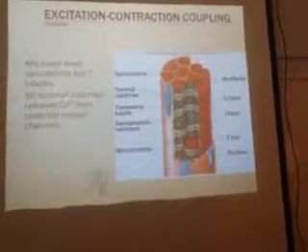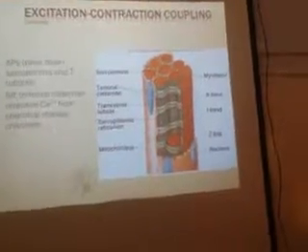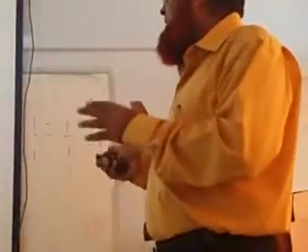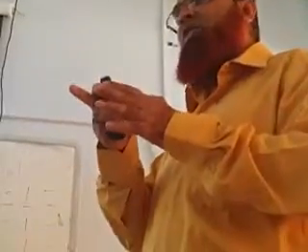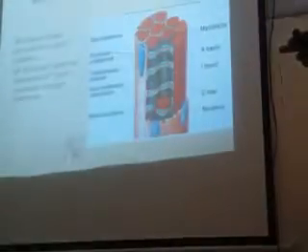The sarcoplasmic reticulum terminal cisternae release calcium from chemical release channels. So from the sarcoplasmic reticulum, some channels are there that are called chemical channels. When the action potential comes in the T tubules, calcium is released from those channels. Then afterwards, initially a small amount of calcium is released.